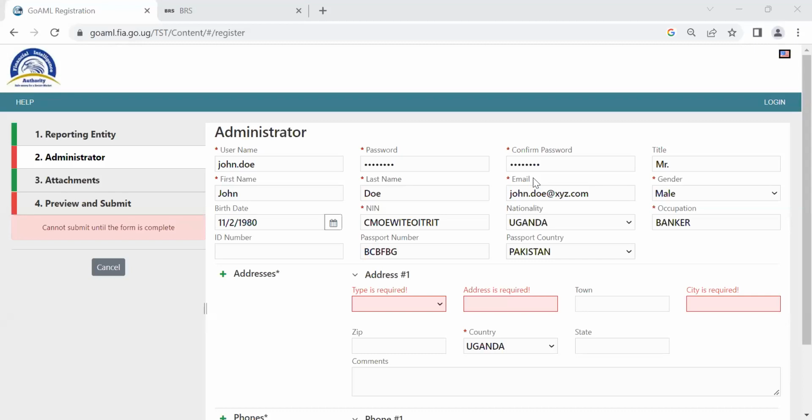Someone is saying, Ivan, sorry, you said emails for this first time registration can be the same. They can be the same for the organization and for the administrator, but preferably they could be different, since the administrator is a personal account. There's no problem. What I was saying is when other users are registering, they can't have the same emails. You can't have the organization email for the administrator, then for user 1, user 2, as we will see going ahead. They have to be different.